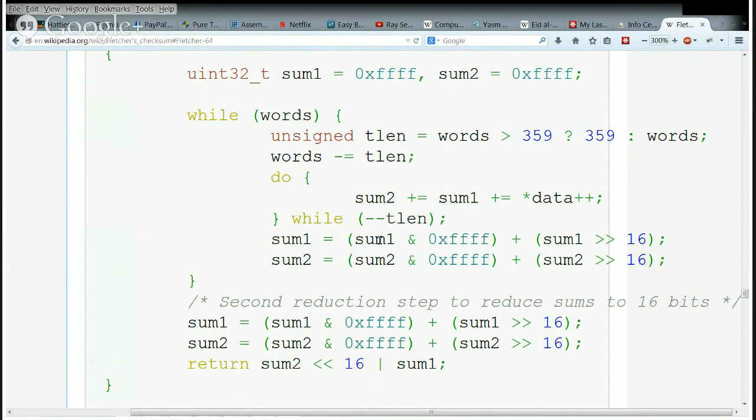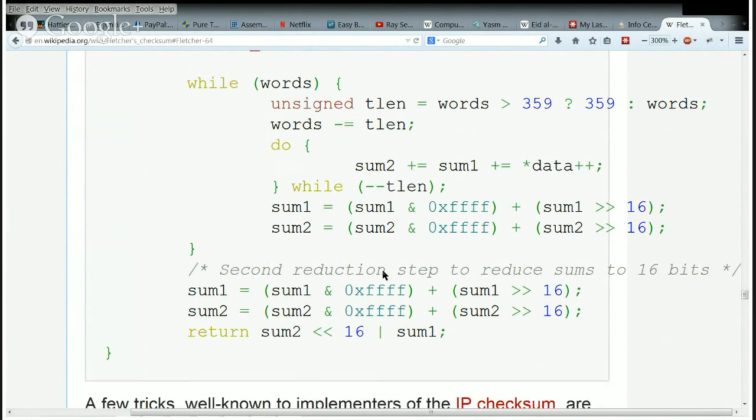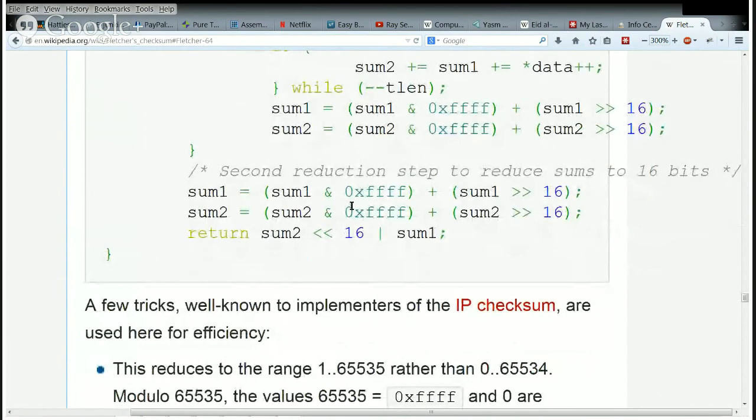They're taking the right half, and then the left half, they shift it right 16 bits, add it to the other half. They do the same thing with sum2. Then at the end, they do this again with each of the partial sums to get two 16-bit numbers, and then they OR those together, taking sum2, shifting it, and let's see.